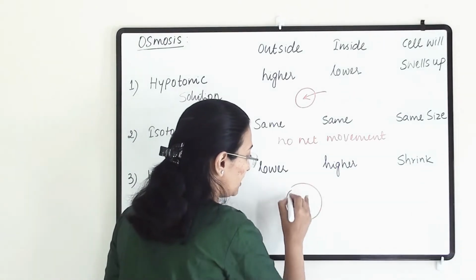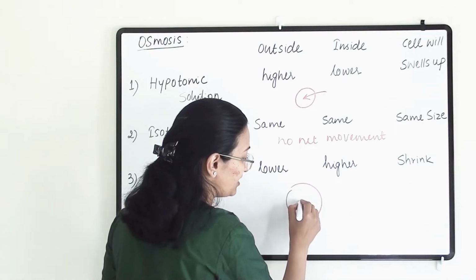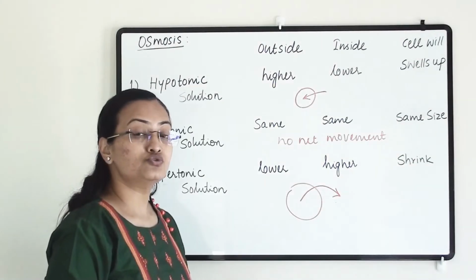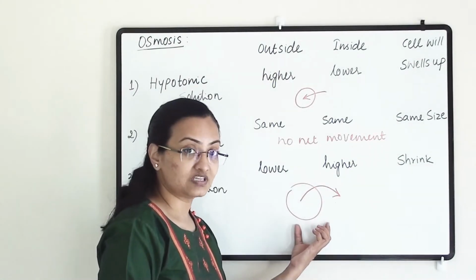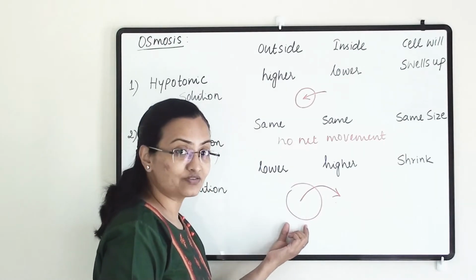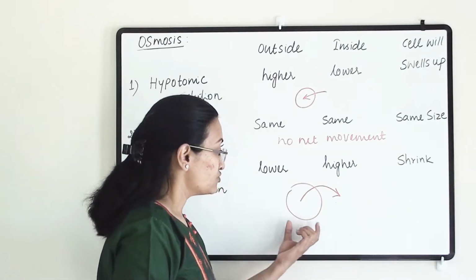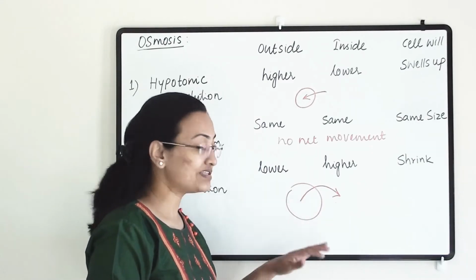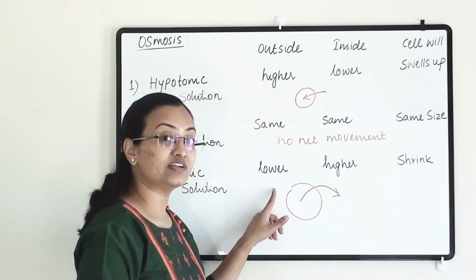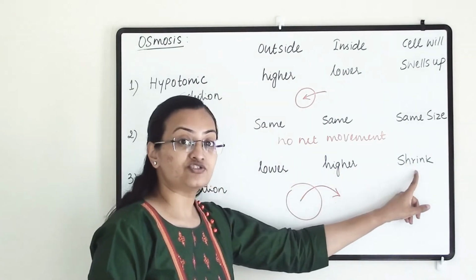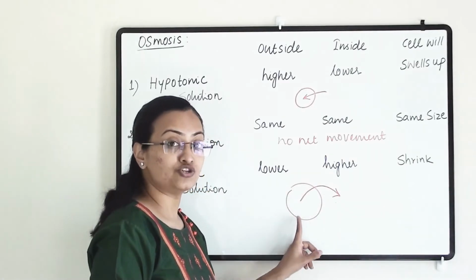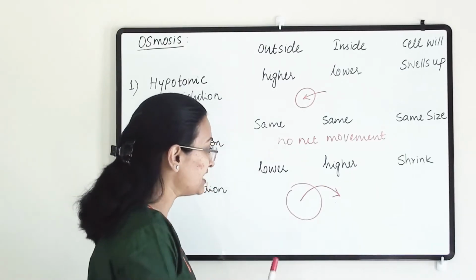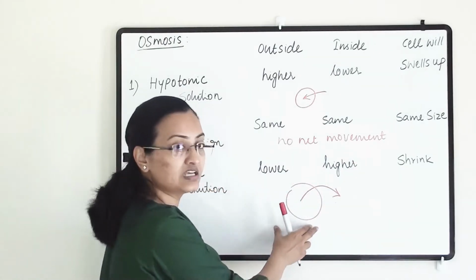So outside there is a lower concentration of water and inside there is a higher concentration, so water will go out. It is due to the rules of osmosis, that water movement will be from higher concentration to lower concentration. Till the time equilibrium is achieved, this movement will happen, and since the outside concentration of water is pretty low, the cell will shrink, because the majority of the water will rush out to settle the equilibrium. So eventually the cell will shrink in this situation.